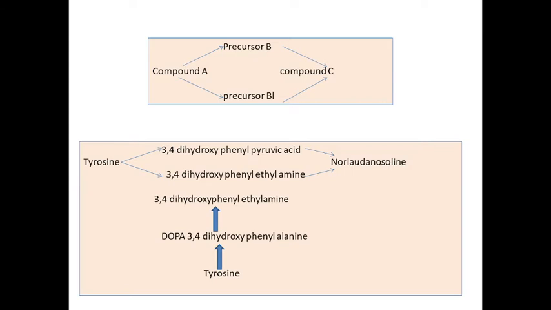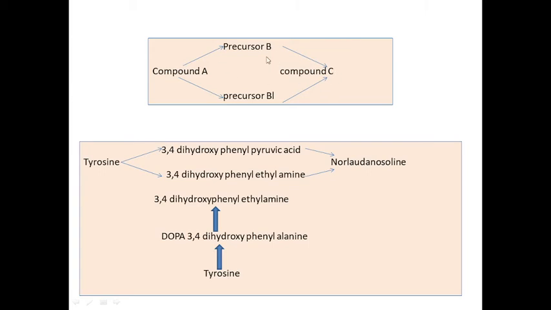If incorporation activity into C is inhibited in the plants receiving B, but it is unaffected in the group receiving B dash, then we may conclude that the pathway from A to C probably proceeds via precursor B. Then we can say that the compound A is converted into compound C via B precursor.